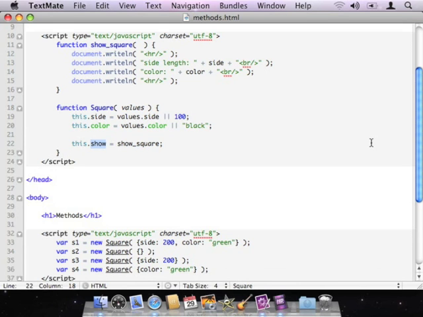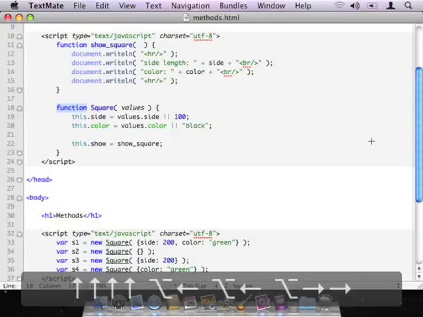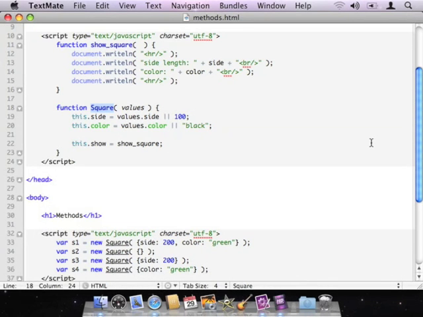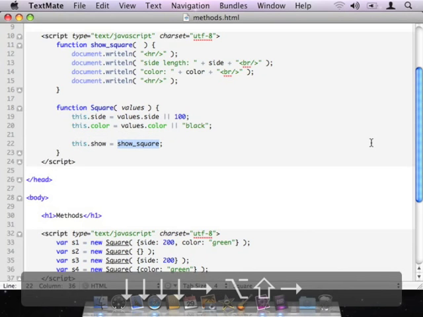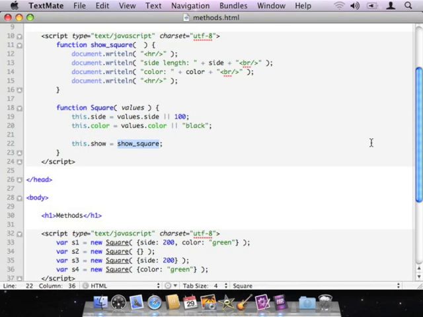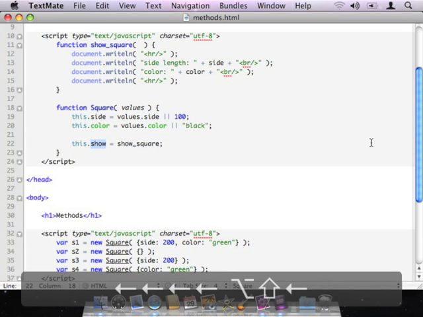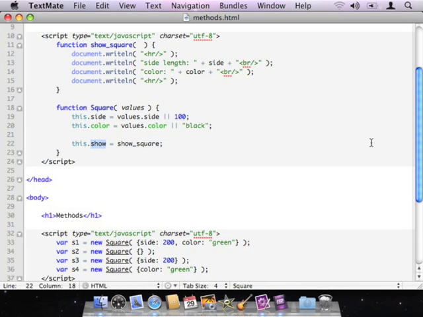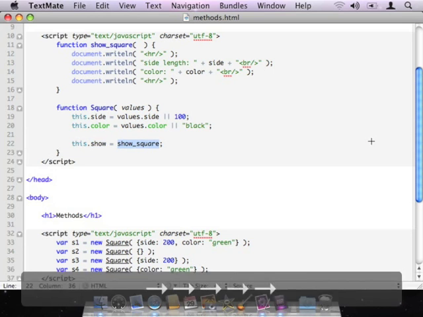Sort of the traditional way always started with the keyword function followed by a name, but there was also that alternative way where we simply create an anonymous function, a function with no name, and we stick it straight into a variable. That's more or less what we're doing here. Think of the function as being just data, and we're assigning it to a variable called show. So whenever I access the show attribute of a square, what I'll actually be doing is accessing the show square